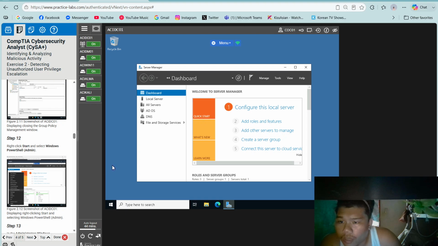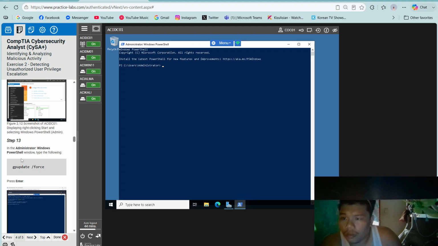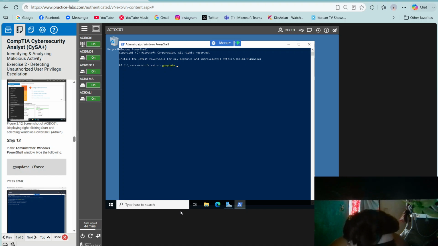Step 12. Right-click Start and select Windows PowerShell Admin. Type the following: gpupdate /force.